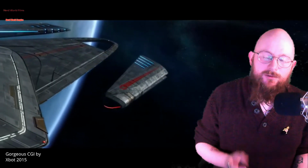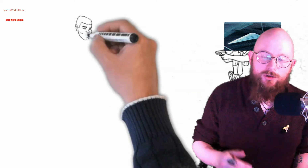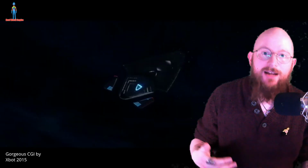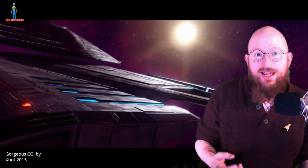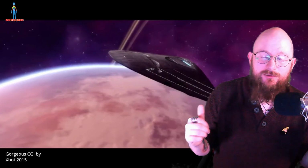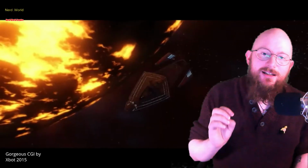It was also actually assigned command of the squadron of starships that would pursue them when they left the space, and would hold back under Discovery's orders when they were planning to detonate the warp core, keeping a safe distance so they themselves weren't destroyed by the blast. Other than that, pretty much nothing on this ship, but it is a beautiful design, and as you may have seen in the background, someone has done a beautiful CGI. Don't know this person, and I have kind of pinched it, but